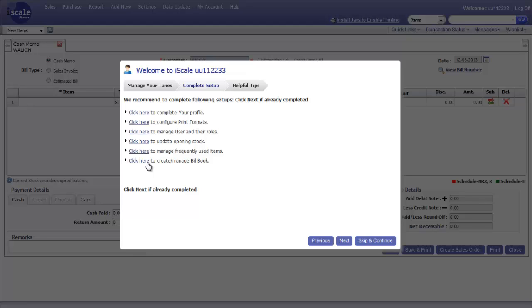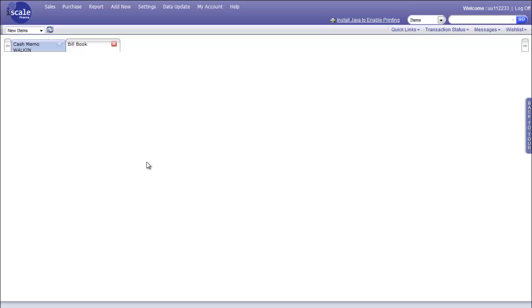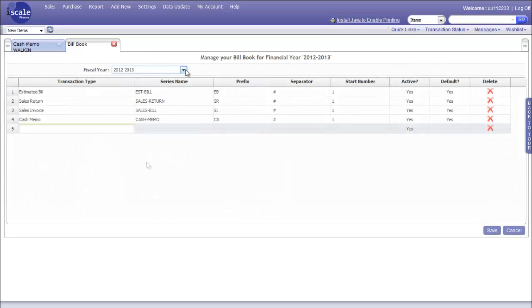Create or manage bill book would help you specify bill book series, name, prefix, separator for a selected transaction type. You can manage your bill book for the selected financial year. You can select the transaction type, specify the series name, specify prefix, separator,